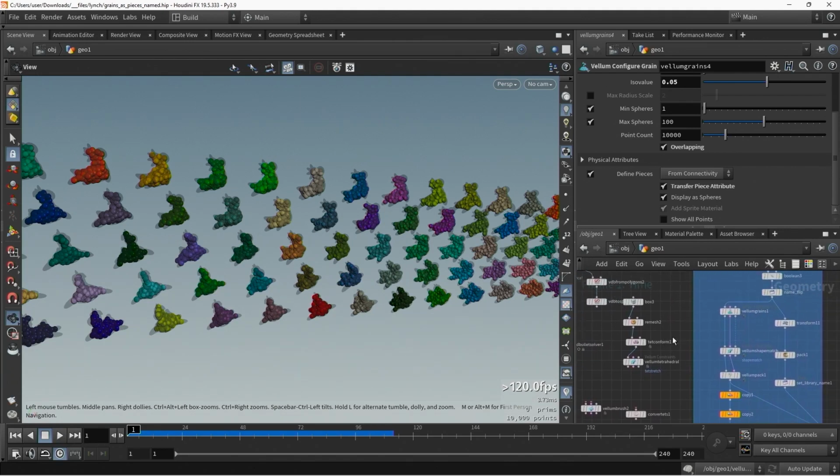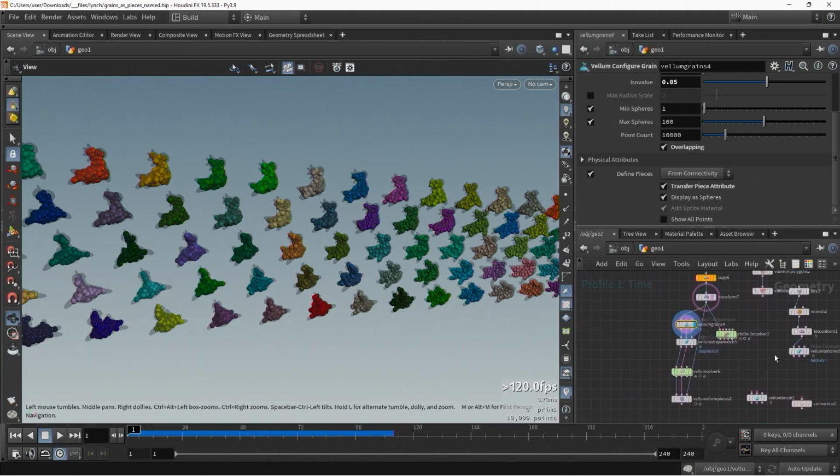I'm sorry, I wanted to show one more thing real quick. So again, there's the whole question of why would you do this? And you would do this because you want to interact with Vellum geometry. So in this case, I've got a little